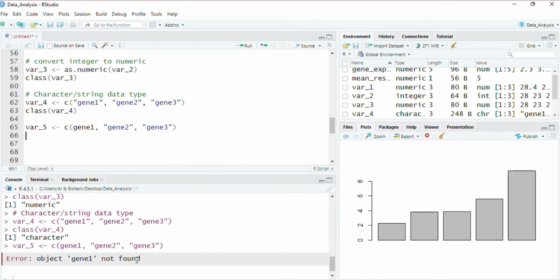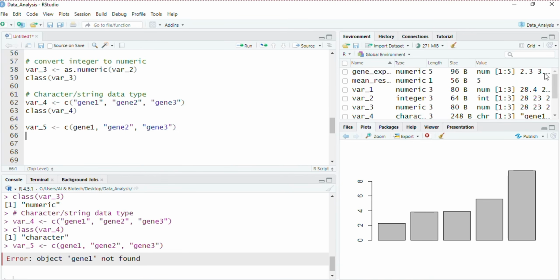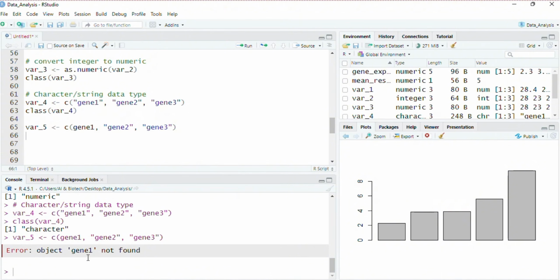What happened when I ran this command is that without quotation marks, R considers gene1 as a variable name. So when we execute this command, R searches all the variable names in the environment section, and it didn't find any variable named gene1. That's why it throws the error, gene1 not found.